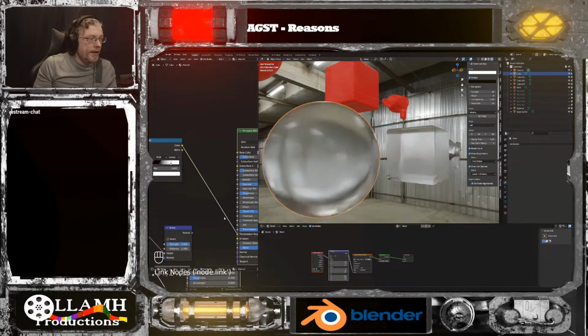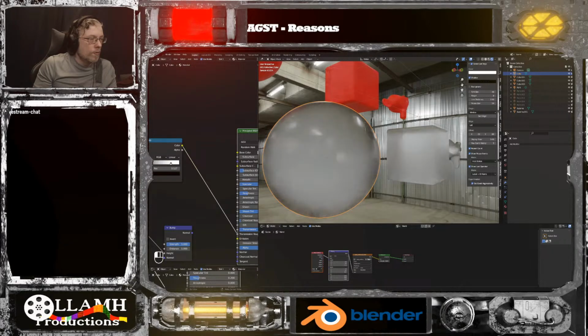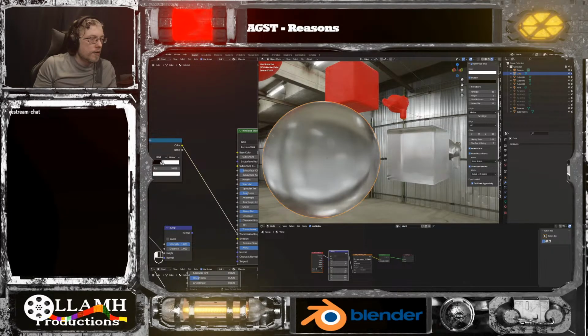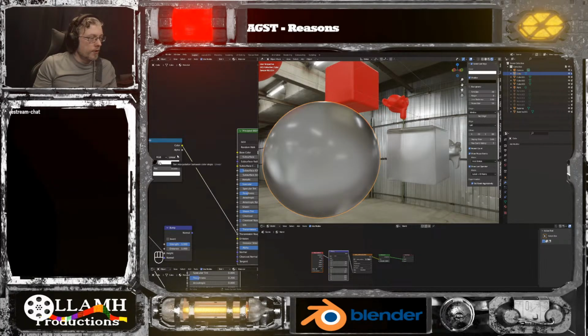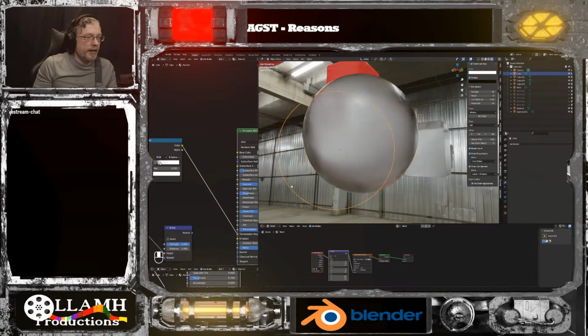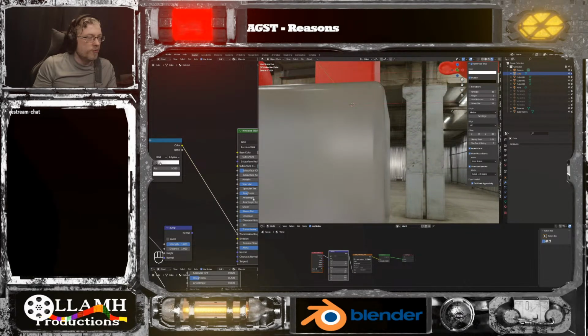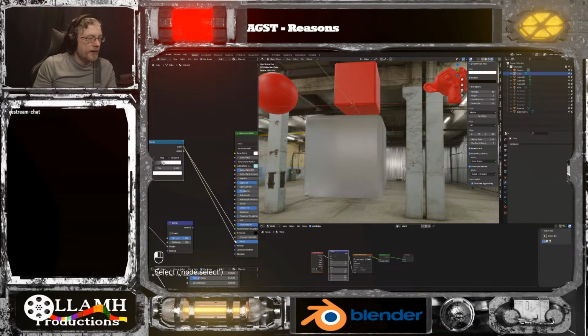So if we take away that, we take away our subsurface, we can see really what we're doing here. So we're kind of messing with the transmission roughness a bit. What happens if we do leave that on B-spline? B-spline, it kind of makes it too much. But if we also take this and drop it into the alpha,